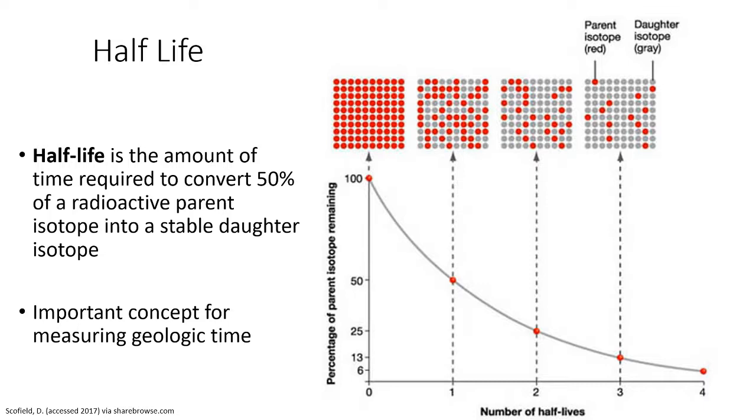Once we get past half-life number 1, or as we move further towards the right on this diagram, you're going to see that the number of gray circles representing daughter product is much more increasing, and eventually the red circles representing the radioactive parent material are going to run out. We don't see that here, but we haven't really gone far enough. Maybe it'll occur towards half-life 10 or something like that. But this decay curve is eventually going to hug the x-axis, the bottom line there, and eventually it will all completely transform into a different isotope.